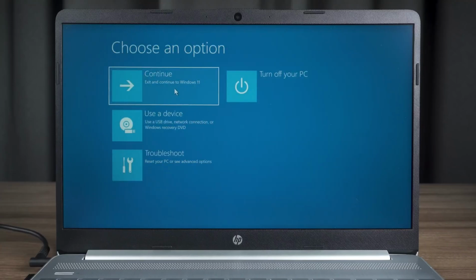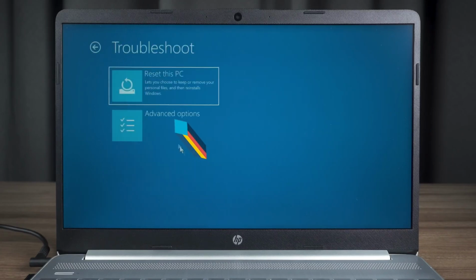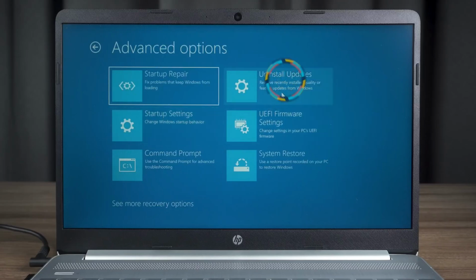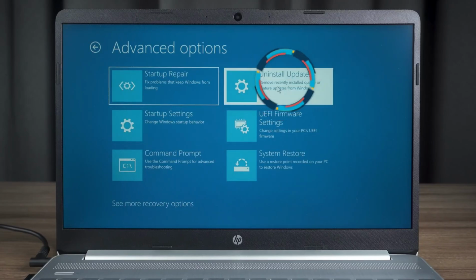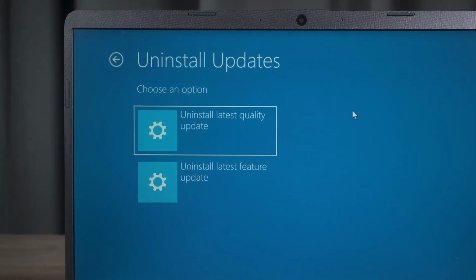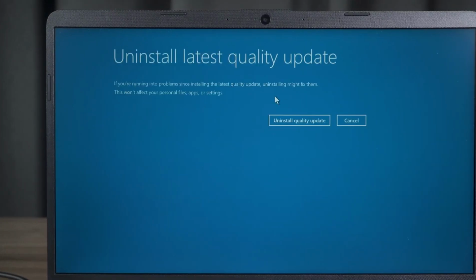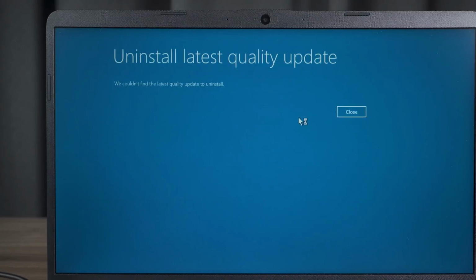If the repair fails, then you need to open Advanced Startup Mode again. Open the Advanced options. Then you need to select the Uninstall Updates option. The black screen issue may be caused by Windows Update, so we need to try both options. Uninstall the latest quality update and feature update. I am demonstrating the process of uninstalling the latest quality update here. Click on Uninstall Quality Update here, then wait for the update